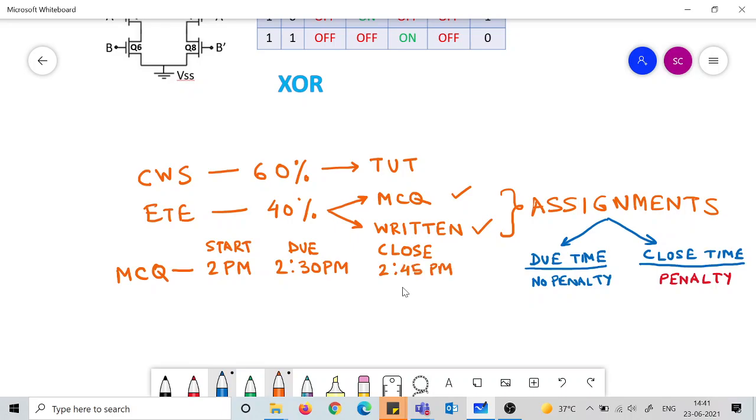Now when you are starting to submit, some people may be submitting at 2:30, but because of submission time and some problems, it comes to me as 1 minute late, so 2:31. So 1 minute late I will excuse, but when it is 2 minutes late, each minute late I will deduct half marks for that.